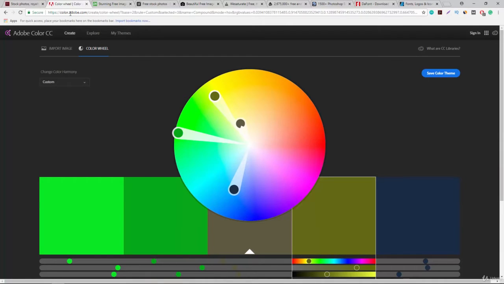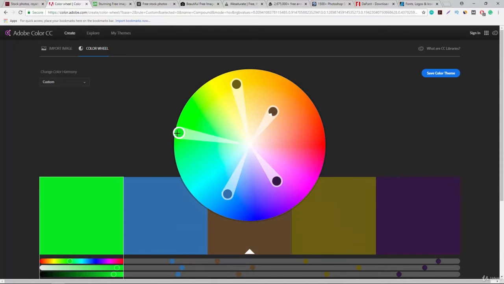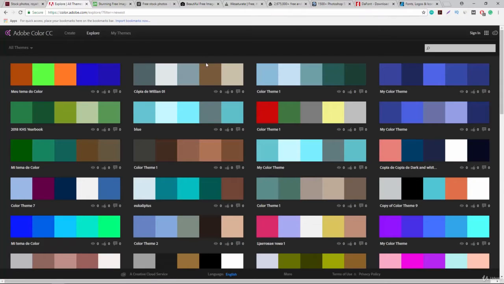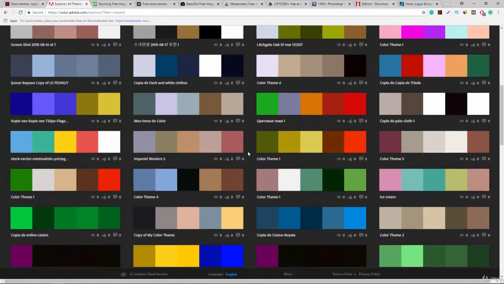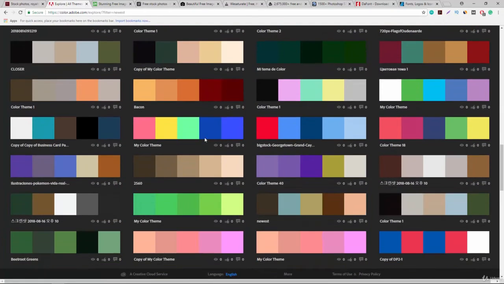The next one is the color wheel. So if you go to color.adobe.com, you will see that we have a color wheel here. This is great for just picking colors and selecting different colors that you'd like to use for your projects or photographs. You can go to the top and click on Explore, and you'll see a lot of different colors that people have already created,